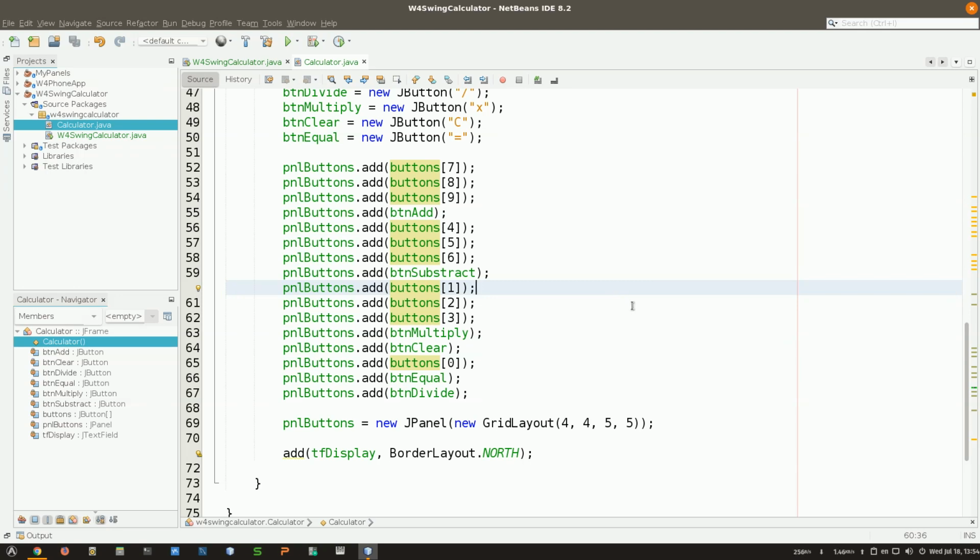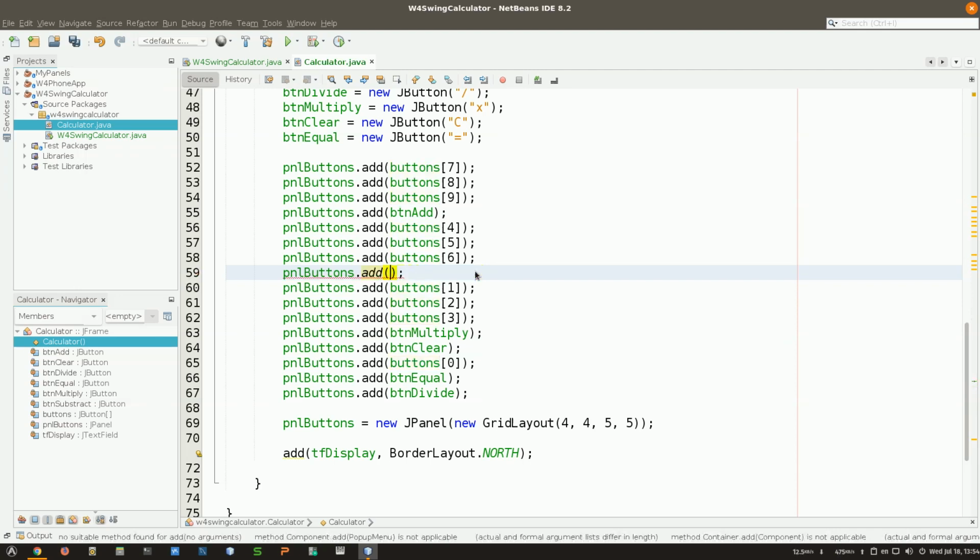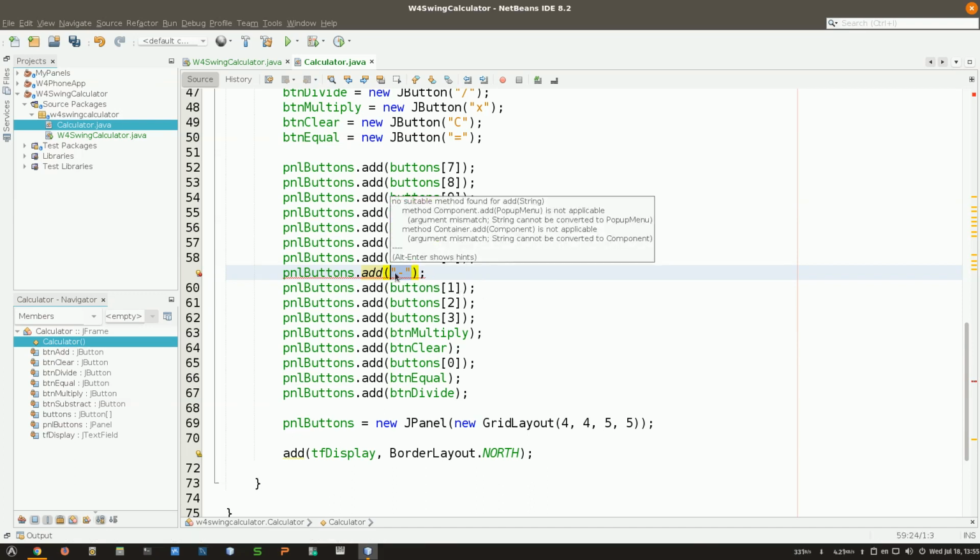Can I say add the minus? What do you mean add the minus? Like without saying button, multiply, I say just multiply. No, I didn't get your question. For example, this is the minus. What you would like to do? I just say just add the minus. Yeah, the sign. Like what? Like this? Yeah, I want this button. Yes, like that. This is going to become a button. And what's the name of that button? Button